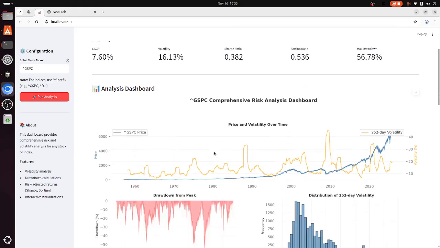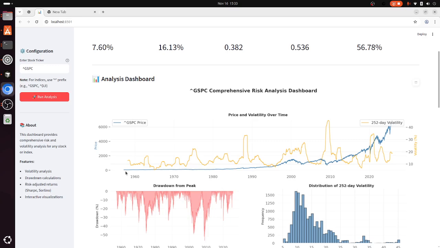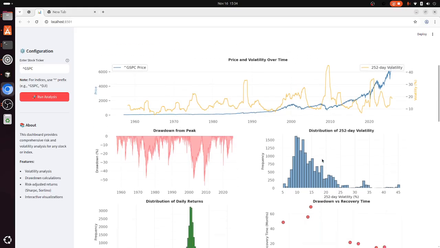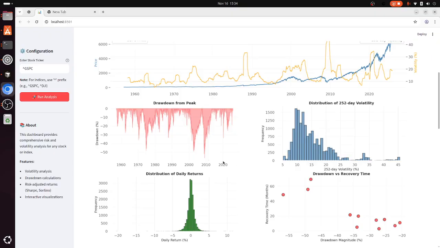This goes and gets data way back from 1957, and you can see in the blue the price, and I mean it's an index. And then you can see the volatility. Some of these big highs are indications of some changes. So you can see the drawdown from the peak,